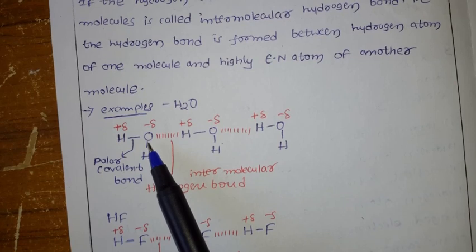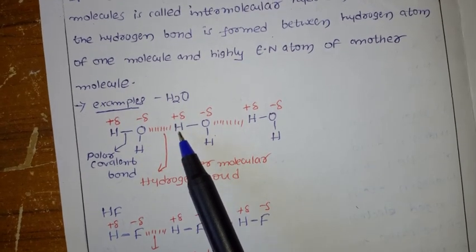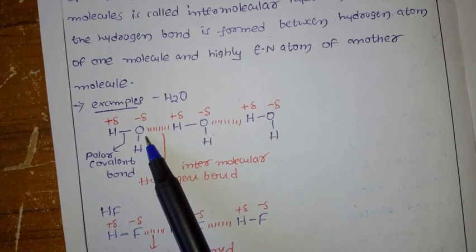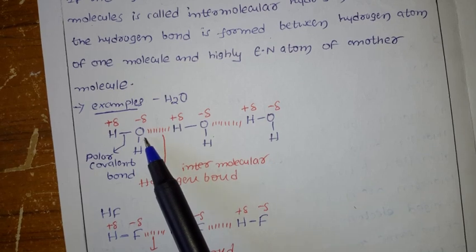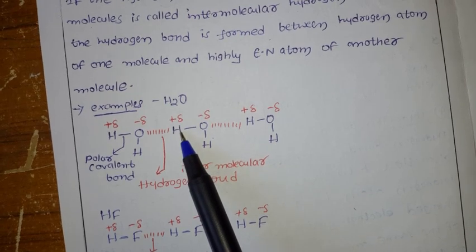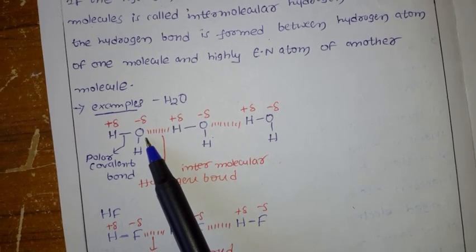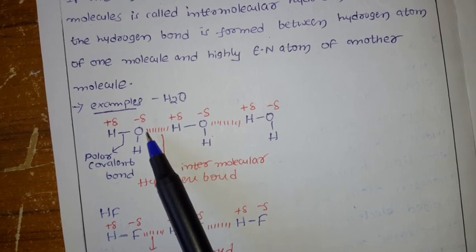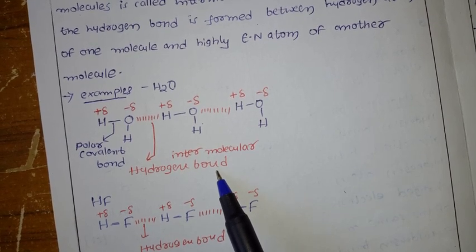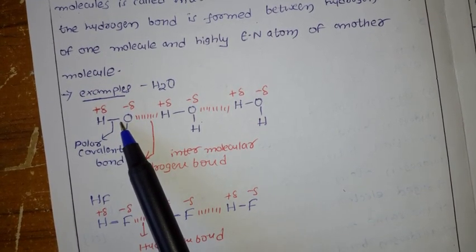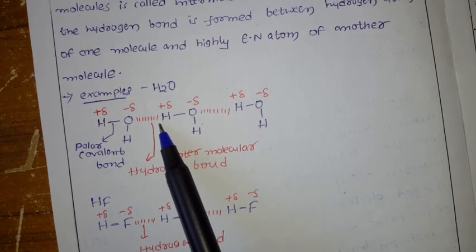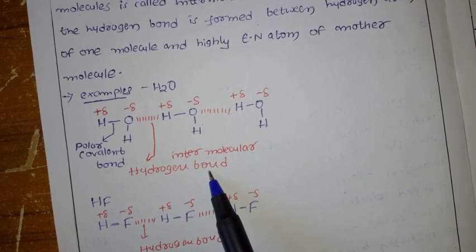Now the hydrogen bond definition is what? Hydrogen should have the partially positive charge and it can bond with a highly electronegative element like fluorine, oxygen and nitrogen, sometimes chlorine. So here our condition is hydrogen having the partially positive charge, and oxygen having the partial negative charge. Now they are going to form the bond. This type of bond is called hydrogen bond. The polar covalent bond we are showing with the solid line, whereas the hydrogen bond we are showing with the dotted line. Now this is about intermolecular hydrogen bond.